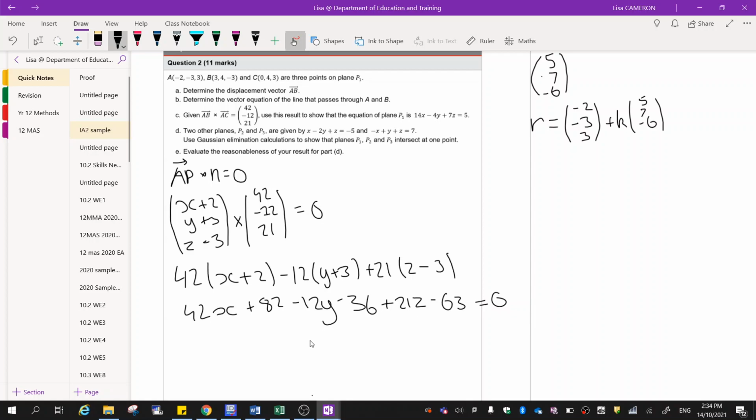So for this one, we're going to do our good old bridge and take across these numbers here. We're taking this one across, and this one, so keeping all our terms of x on one side. So we're going to have our terms of x, y, and z: 42x minus 12y plus 21z, which is going to equal